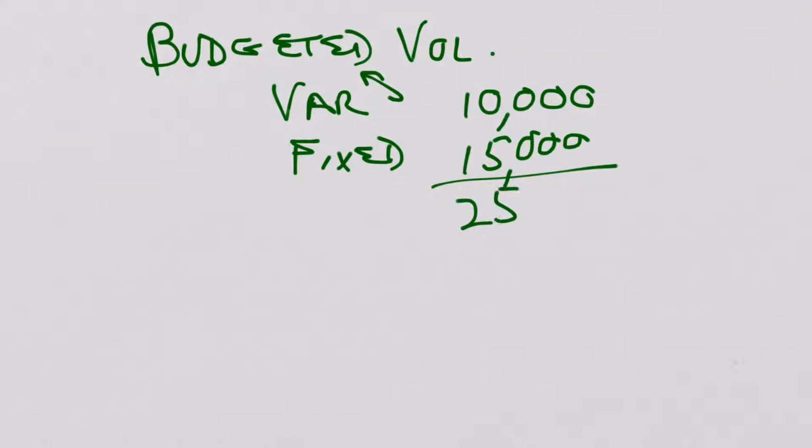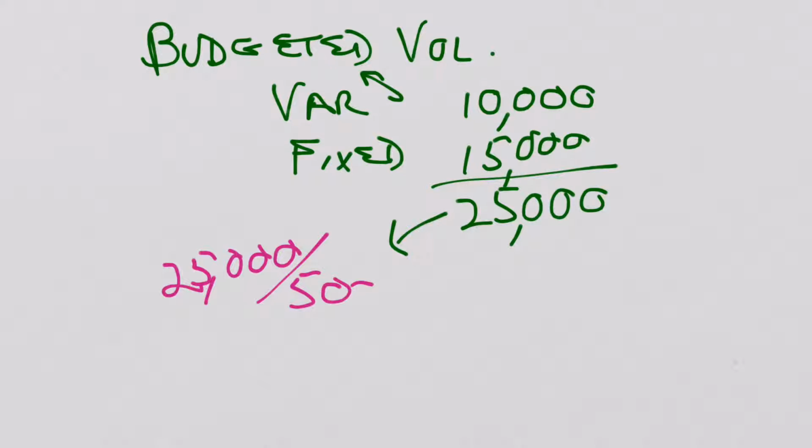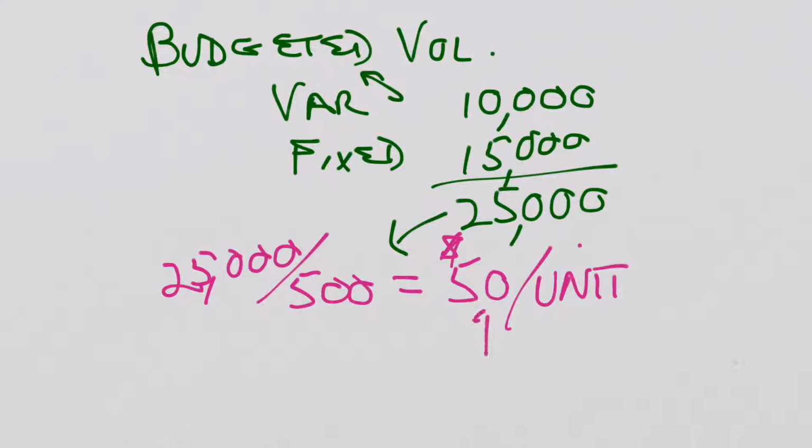So we have 25,000 of total overhead, and we need an application rate. So we take the amount of overhead, 25,000, divided by the expected number of units to be produced, and we get a rate. And what happens in the books and records is that as we produce, we apply the $50 rate as part of the overhead cost, since that's what we came up with in our original budget. Okay, that's pretty cool. And then what happens is that in the flexible budget,